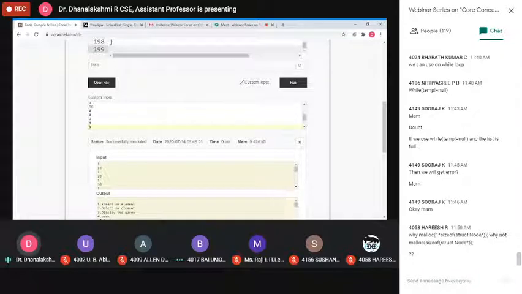What is the fourth one? It is the front element. The fifth is the last element. What is the sixth one? It checks if the queue is empty. Then the seventh one checks that it is not full. This will give the queue size. That is the last one.